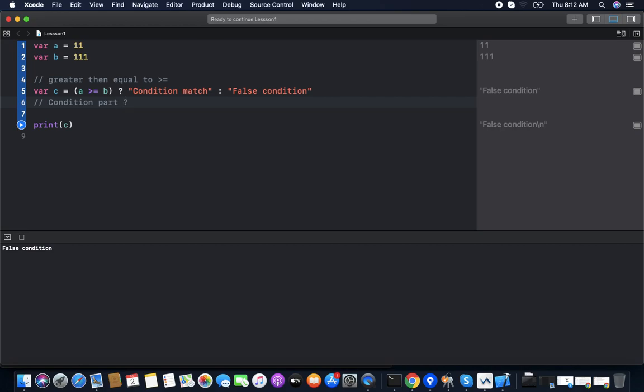Then we give the first result, if the condition is true. Now we use a colon and then the result if false, or else. So we have three parts: first the condition, second the true part, and then the third, the false part.